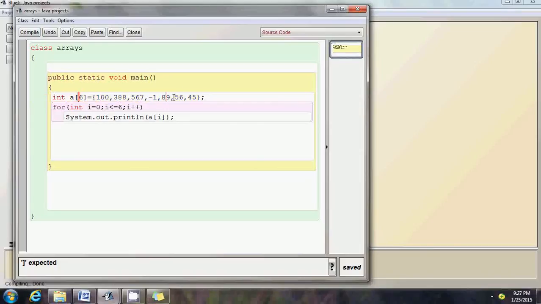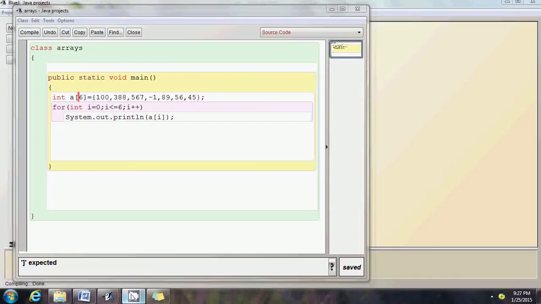Three, 4, 5, 6, 7 numbers. I don't know. Now let me